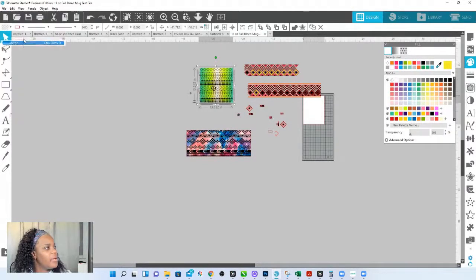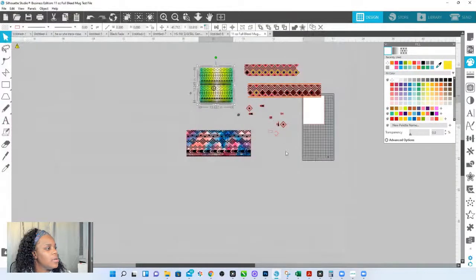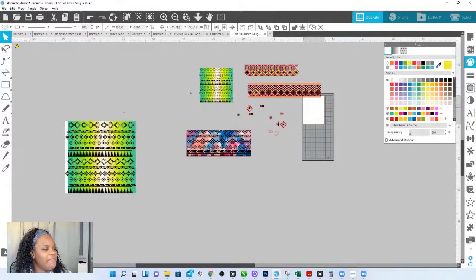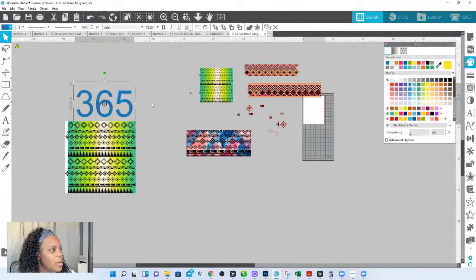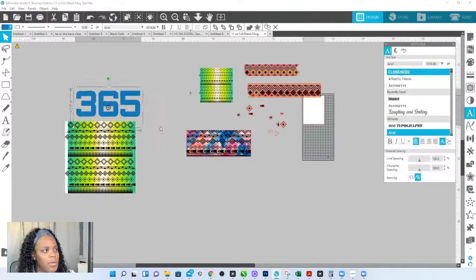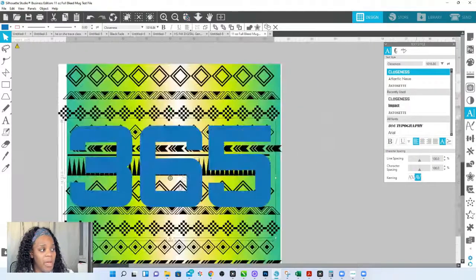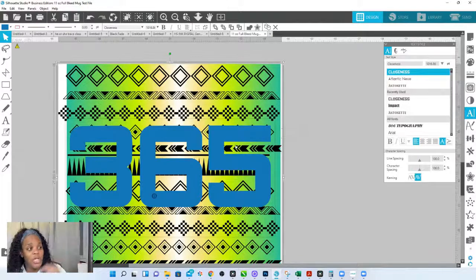And then file, merge. So now that I've designed that, I save it as like a JPEG or PNG. I can now take letters or numbers. So now when you're learning, I want to learn how to fill in letters, so you can create your own designs so that you can now crop